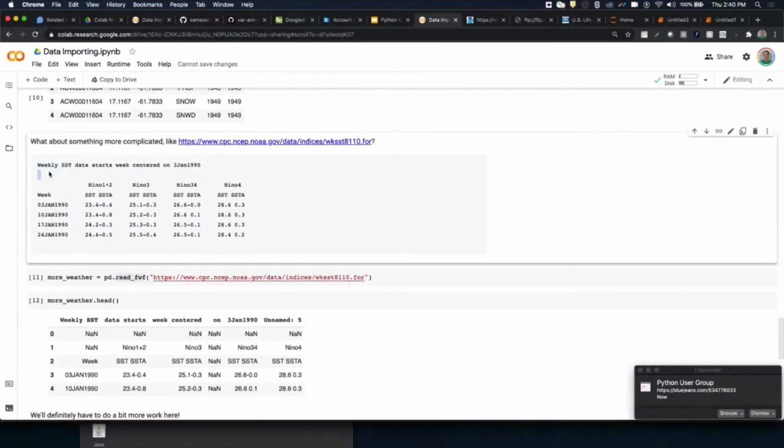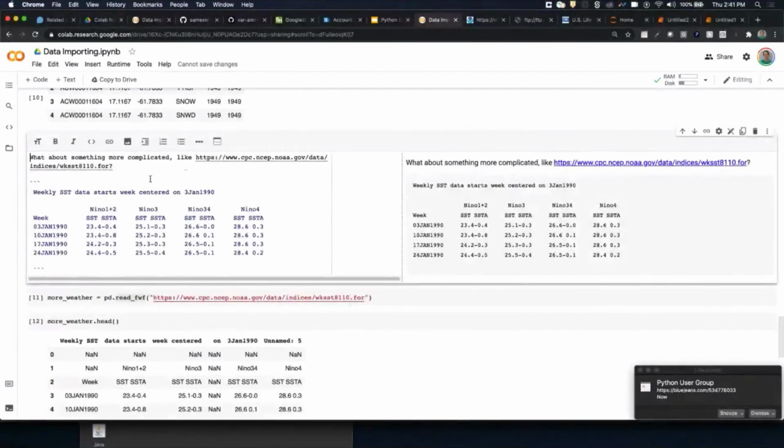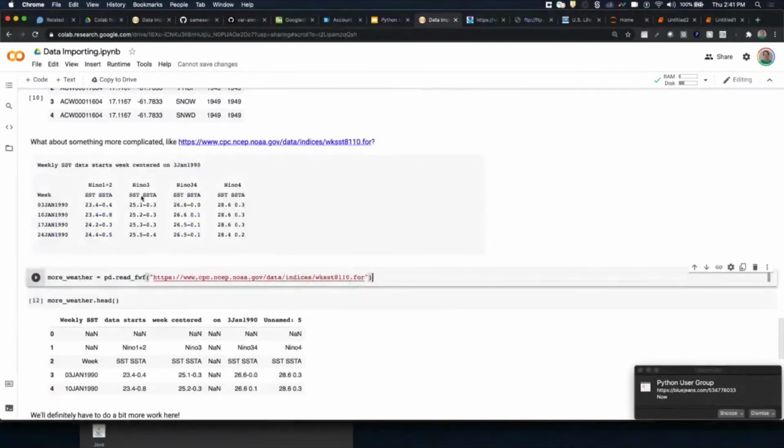So what do we have to do? We have to skip some lines. We have to skip this line and this break line between, and we want to actually get rid of these two header lines because understanding how to do two headers is really hard to parse. So we're better off just rewriting the headers. So we're going to get rid of the first 5 rows, I think it's 5, because I think there's actually 2 rows of new lines between the metadata and the start of the headers. So we know we're going to skip some lines.